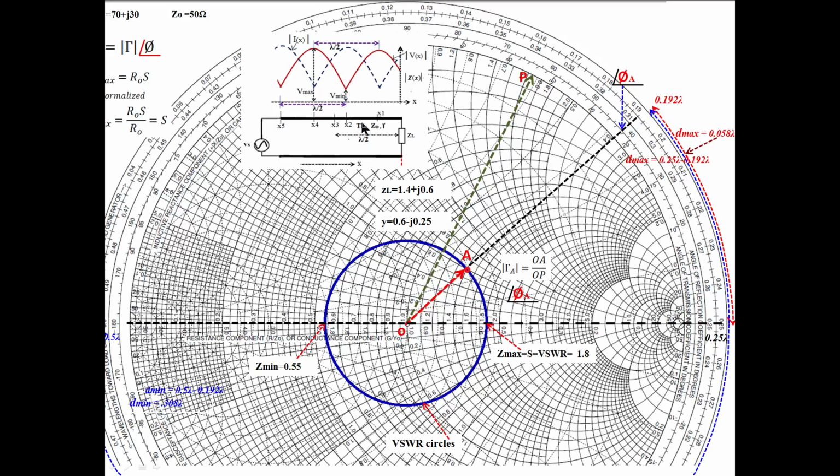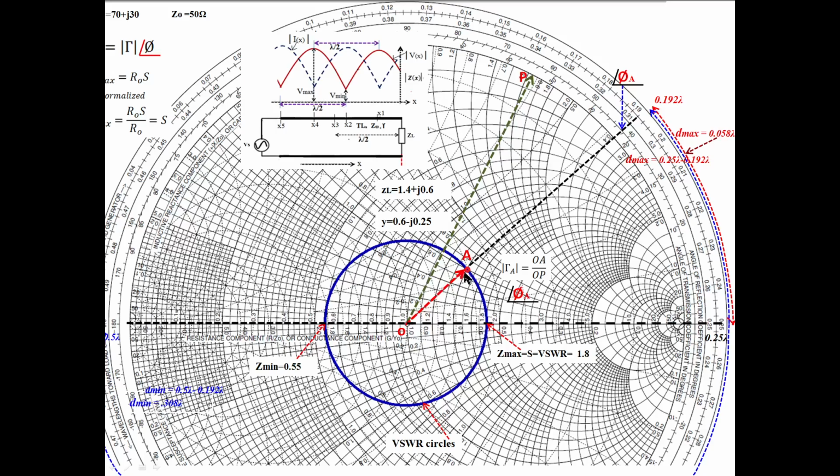Either the d maxima distance or the d minima distance is given. We can reach the load by moving in the anti-clockwise direction from the minima position or the maxima position. If the maxima distance is given, what you have to do? From the maxima you move the given distance and stop, draw a line and find the value. Similarly, if the minima distance is given from the load, start from the minima position, move like this that much distance, and stop. You will come to this value.